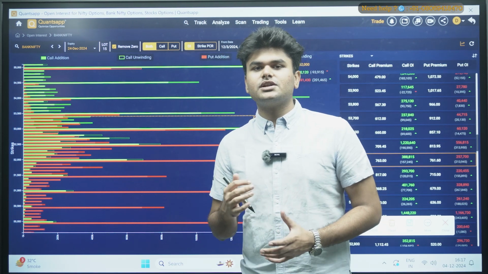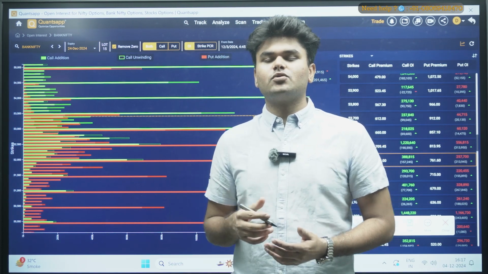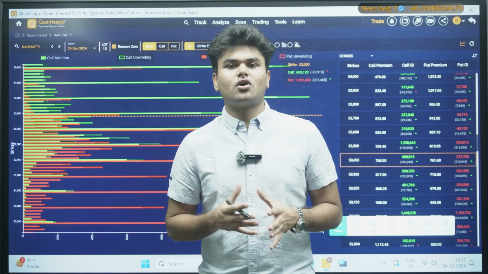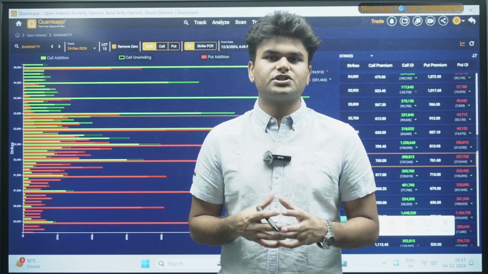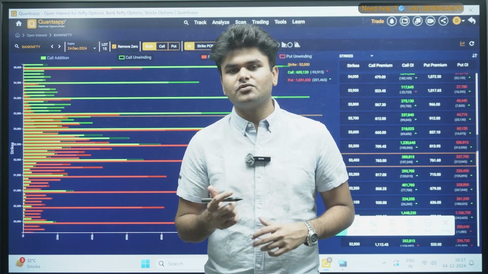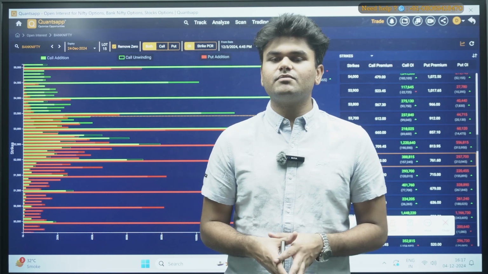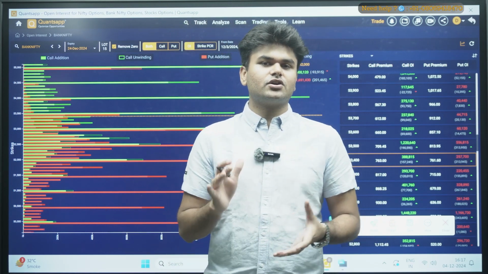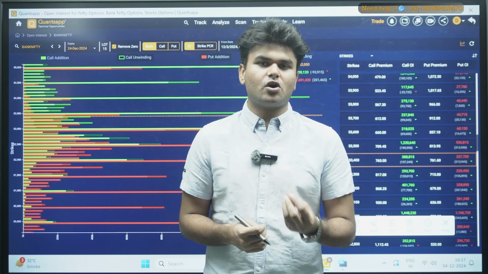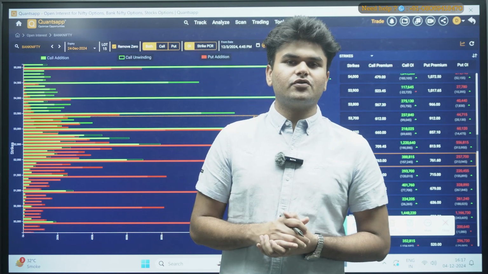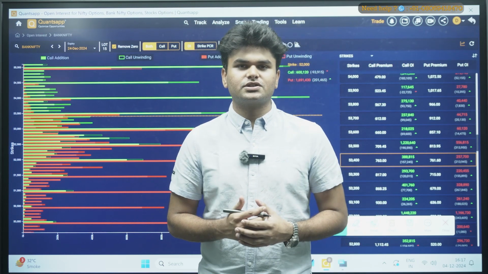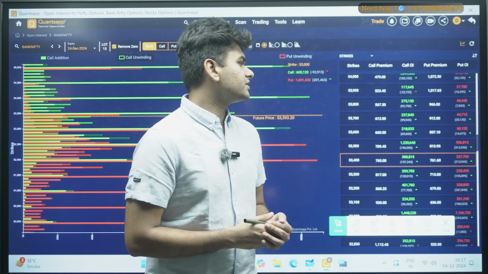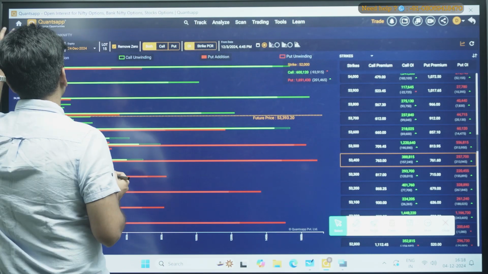So you can basically do range bound trading, buying at support and selling at resistance. You can do this kind of trading, or else you can simply go for a non-directional strategy and make a few bucks out of option selling. So these can be your strategies in Bank Nifty. And in Nifty, if it's trending upward, you can simply go for long calls, or if you are seeing small reversals or retracements, you can go for long puts, because of the IVs. If we talk about the IVs of Nifty,